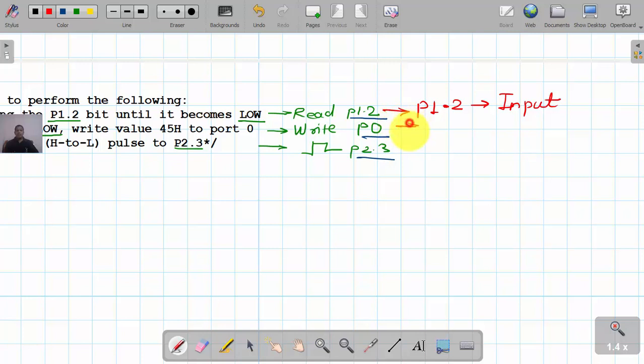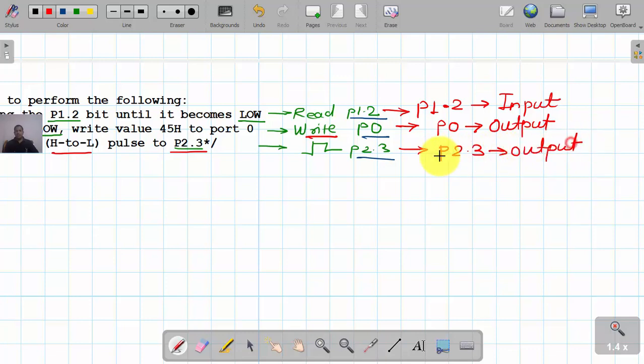Then we have to write some data on port P0, and hence port P0 is going to work as an output, meaning we have to configure it as an output. And again we have to send a high to low pulse to P2.3, so we are going to configure P2.3 as an output.